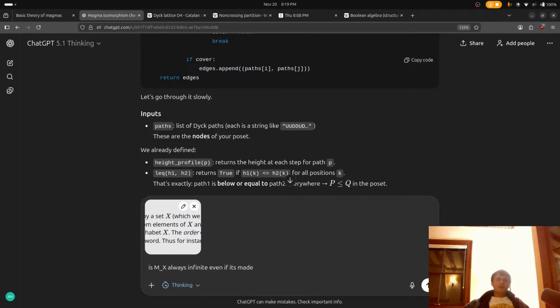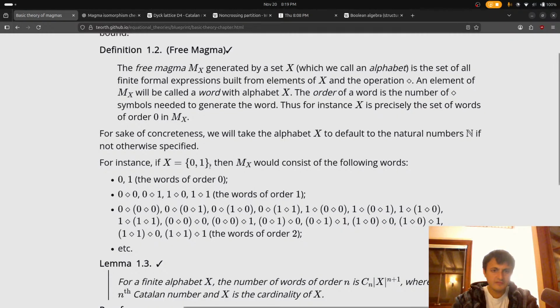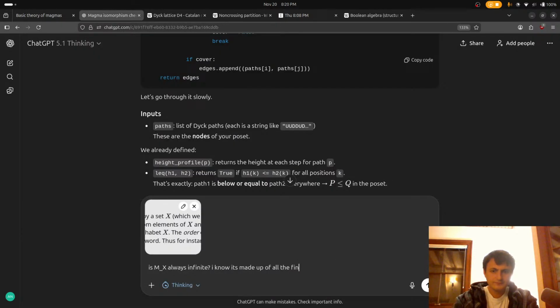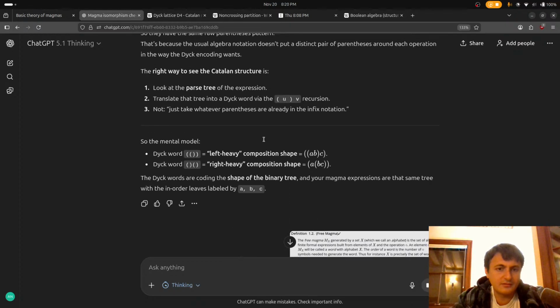Because the set of all finite strings should be infinite? What is it? They don't say the word length, do they? I don't know. Sometimes you gotta bumble around. Be an idiot.